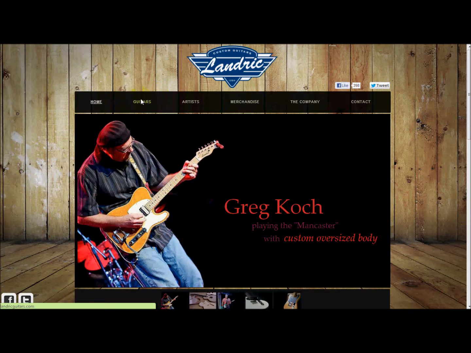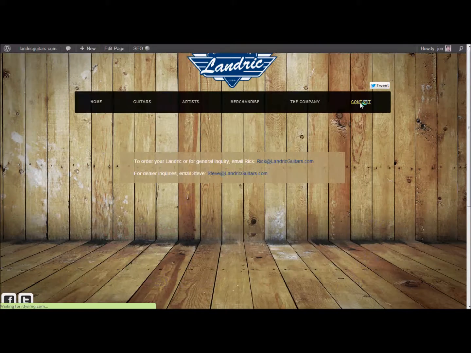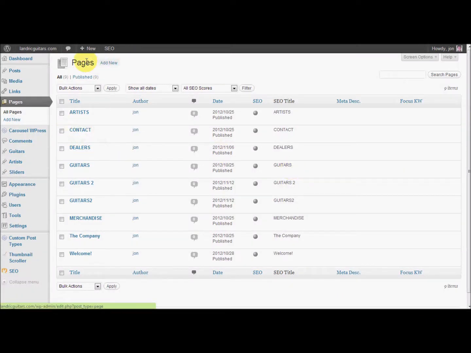We're going to go from easiest to hardest, and that's actually going to be from the right to the left, starting with the contact page. So this contact page is pretty simple. It's just this right here. It's not that much. So in the pages section of the WordPress dashboard, I'm going to go to contact,